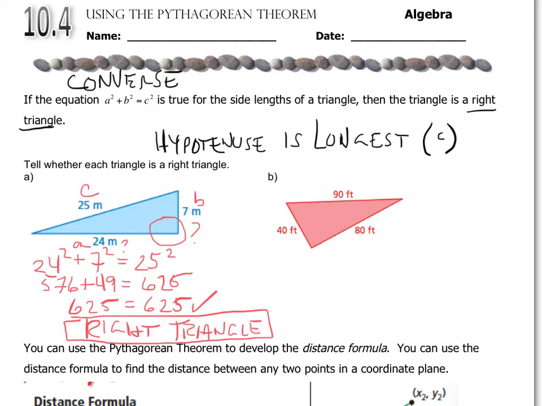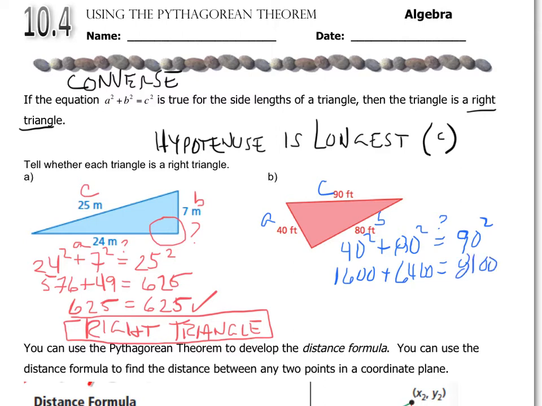So here in this triangle, again, I want to make sure I'm careful about my sides. The 90 has to be the C because it's the longest side. The A and the B are really not as important, but that's what they are. So when I go to plug this one in, I'm going to get 40 squared plus 80 squared equals, we hope, 90 squared. If I square each of these, I get 1600 plus 80, I'm sorry, 80 squared is not 80, so 80 squared is 6400 equals